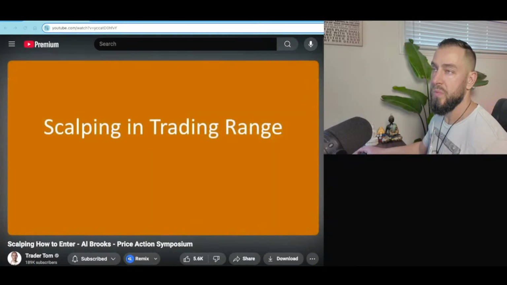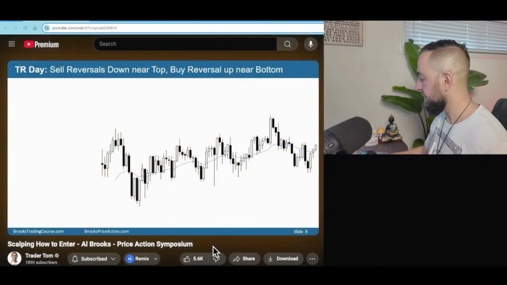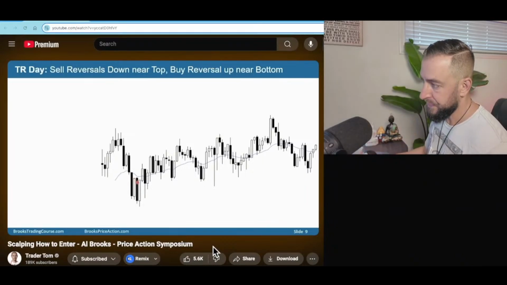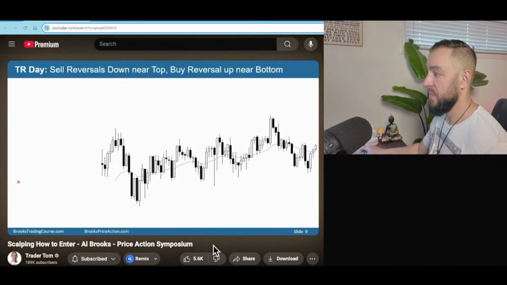I want to talk a little bit about scalping in a trading range. Obviously a trading range, lots of sideways bars, 4 sideways bars here, lots of reversals, down, up, lots of prominent tails. All of those things happen in trading ranges. The more of that you see, especially early in the day, if you see a lot of bars with big tails, a lot of bars sideways, 3 here, 4 or 5 here, and a lot of alternating, in an absence of consecutive big bull bars or consecutive big bear bars, the market's probably in a trading range.